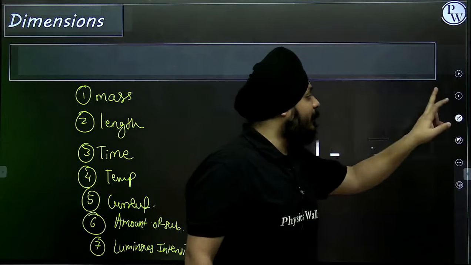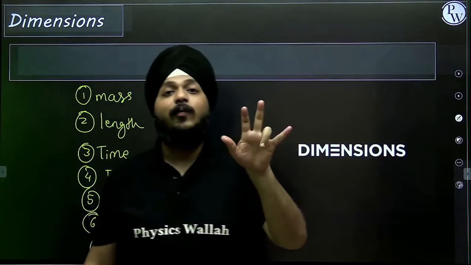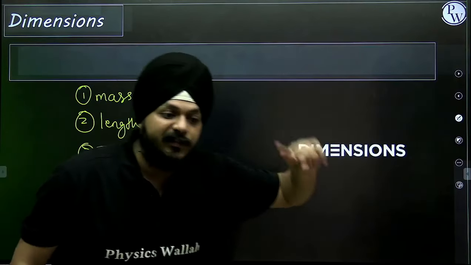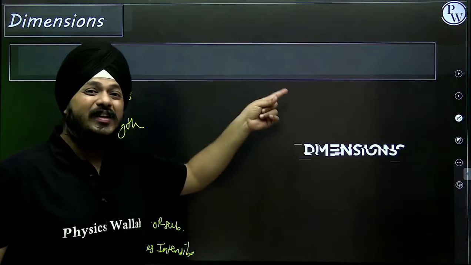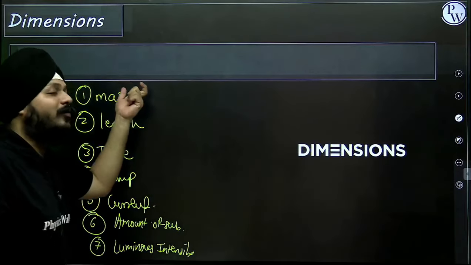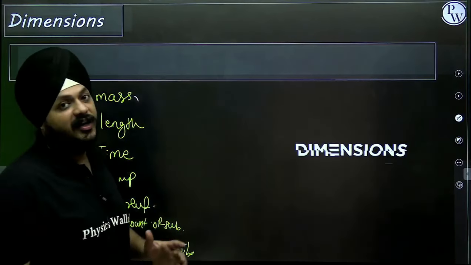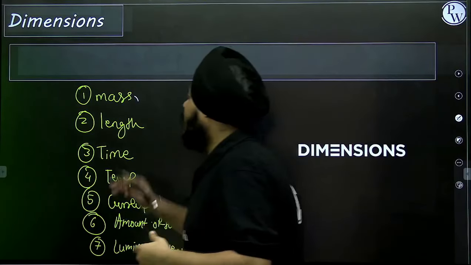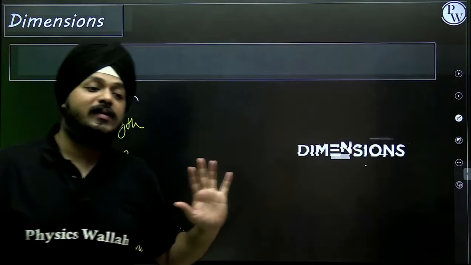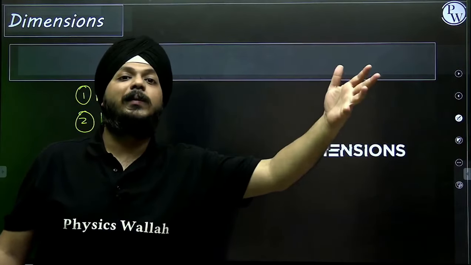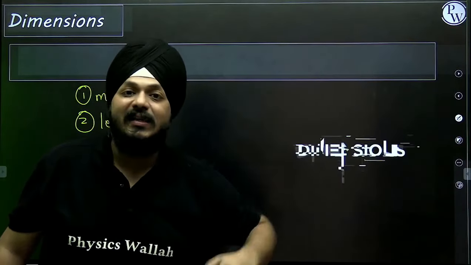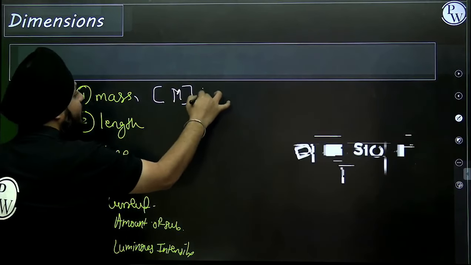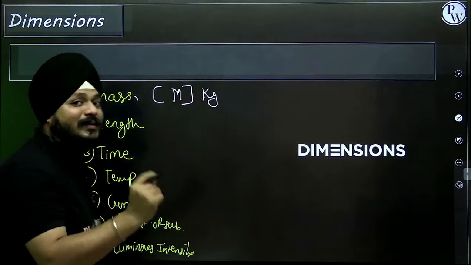For these 7 fundamental physical quantities, obviously we need a notation. That notation is not dimensions. Dimension is something else, but to understand that definition very well, we are in need of notations for the fundamental physical quantities. If I want to represent mass, taking the same example, you went to the supermarket and asked for something in kgs. Kg is the unit of mass and it is represented as M.